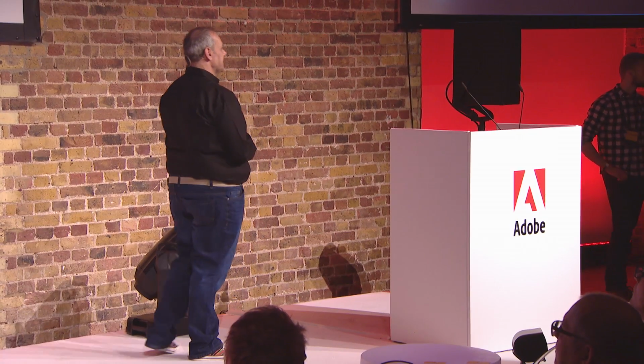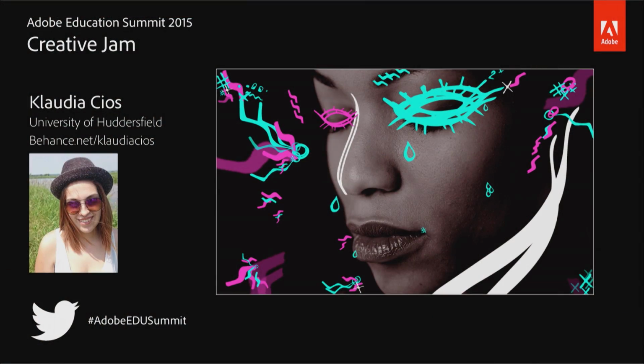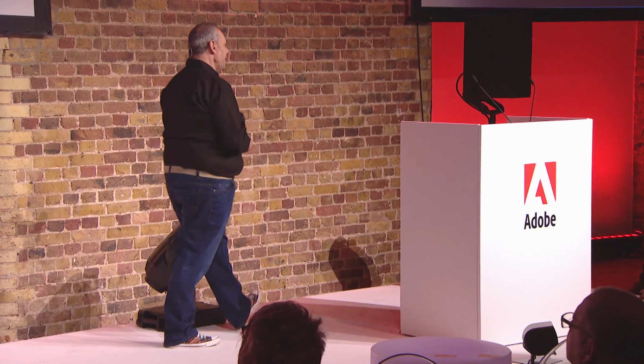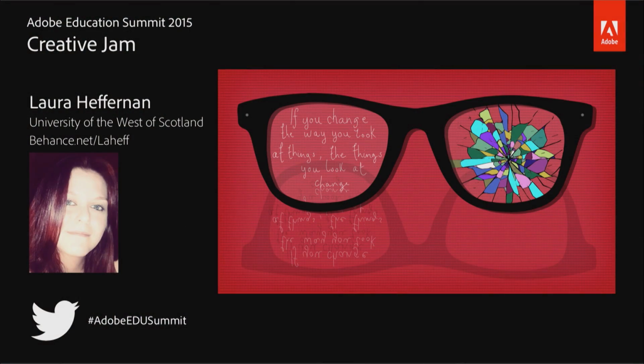And then Claudia. Hey. So basically, I was trying to show the struggle with getting an idea. So it's like closing your eyes and trying to get rid of all the unneeded thoughts around you. Okay, fabulous, thank you. Now Laura, hey. Thank you. So my idea was just to use the glasses and try and show a distortion. That's not my picture, but anyway. Somebody else's portrait. Oh, brilliant. Okay, so slight slide glitch there, but...